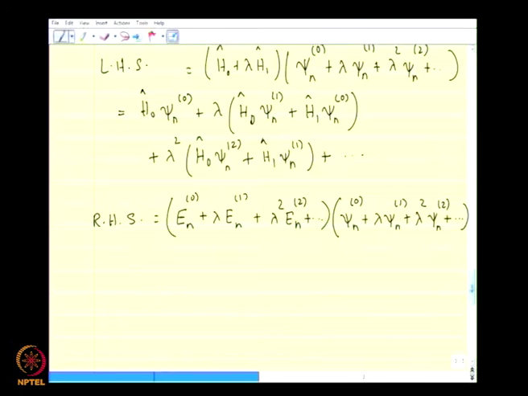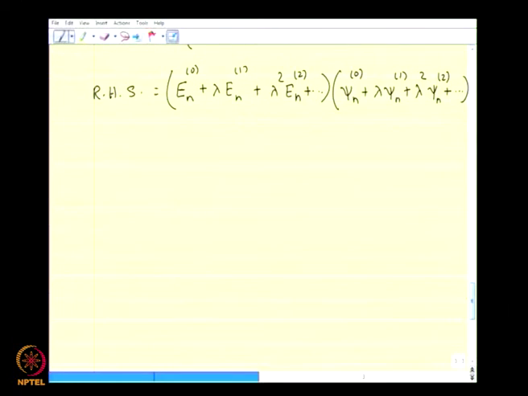So if we write this in increasing powers of lambda, the first term is En0 psi n0 plus lambda times, remember there is an En0 times psi n1 and there is an En1 times psi n0, two terms,